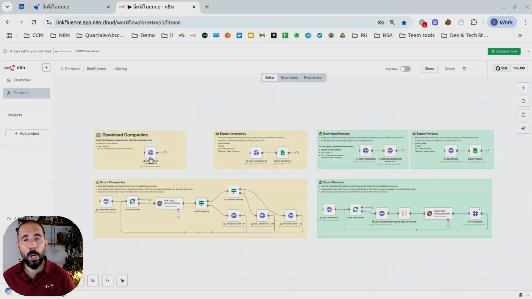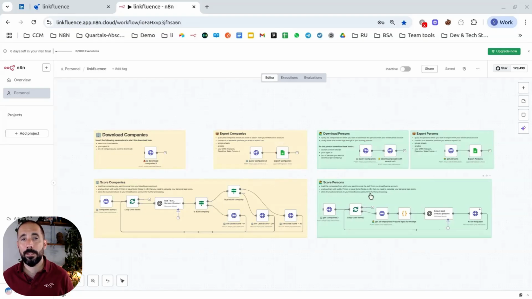and this is what I'm going to show you with our two workflows, how you can do this with n8n, LinkedIn and our Linkfluence platform. We will focus first on the companies, how you get them from LinkedIn into your Linkfluence account, so that you can score them in a second step with a scoring process that you can easily customize to your specific needs, so that you can tell at the end which companies are interesting to you and which are not. If this is enough, you can export it to a Google Sheet or CRM system, whatever helps you the most,